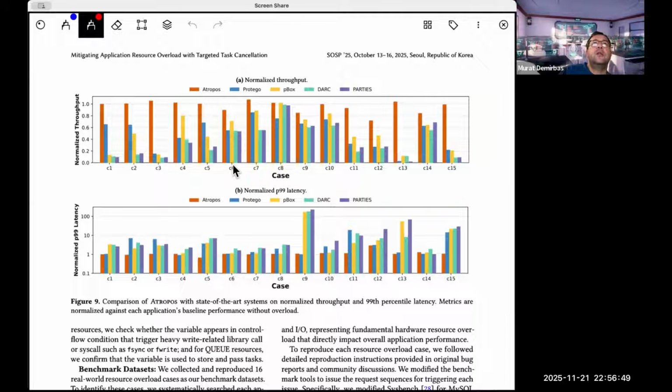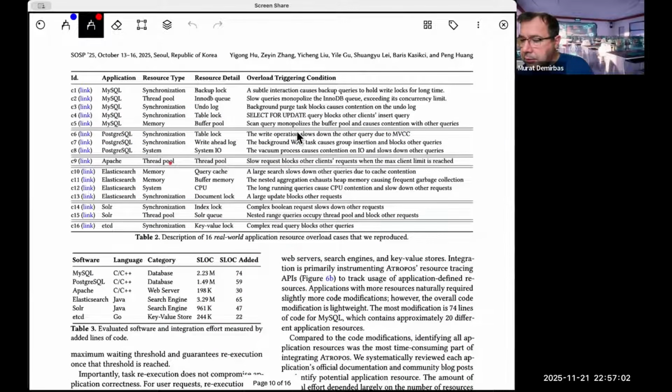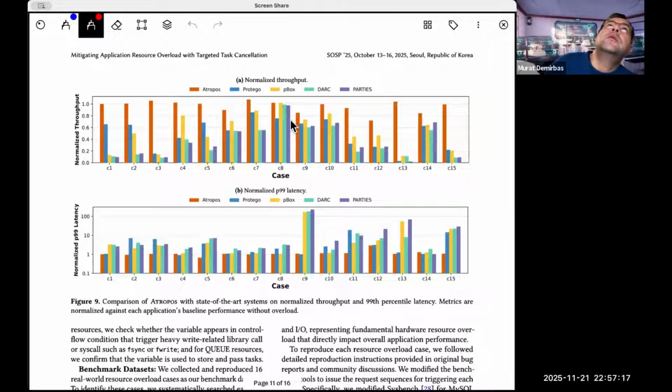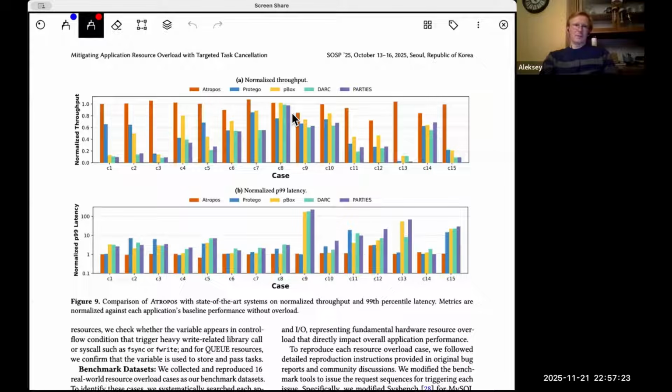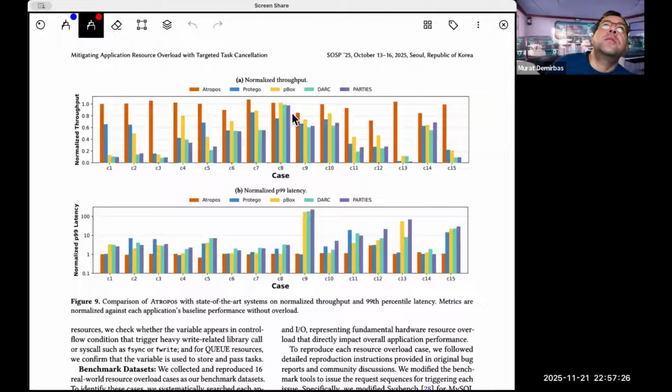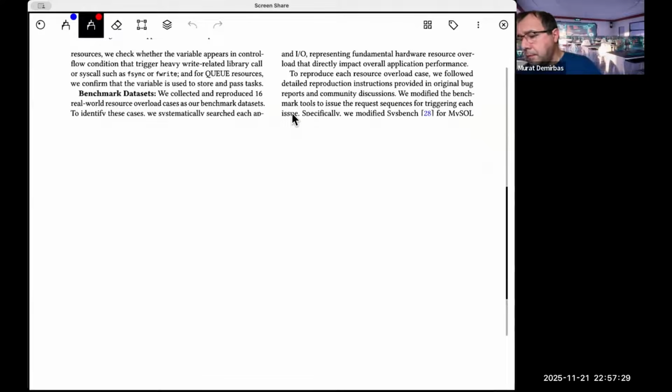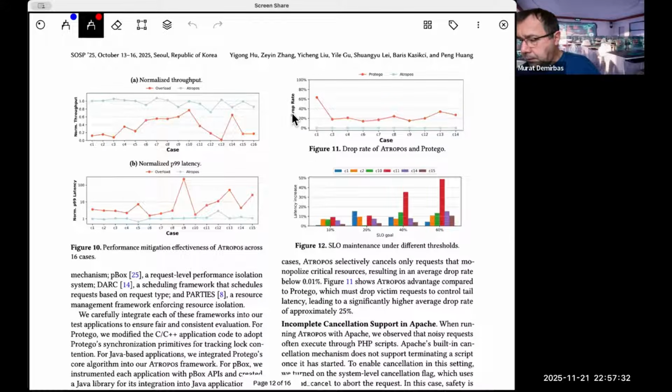In Postgres, on C8, not as much, right? On the others are also not that dramatic. Let's look at C8, System I/O. Other queries. And it's basically doing as good as P-Box. Okay, one sec. Okay, let's wrap up.